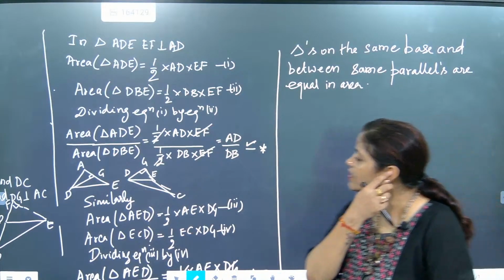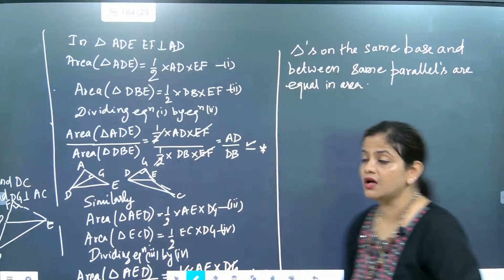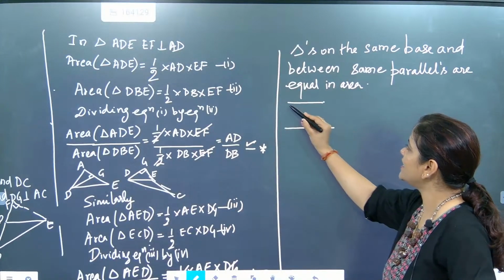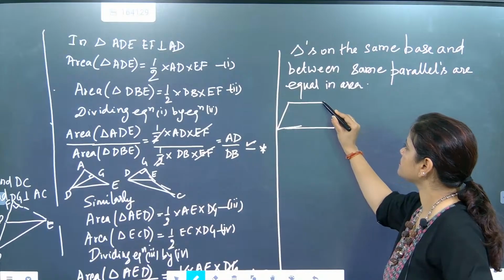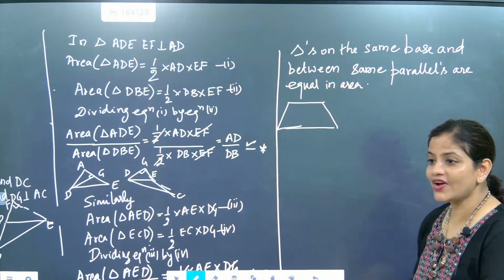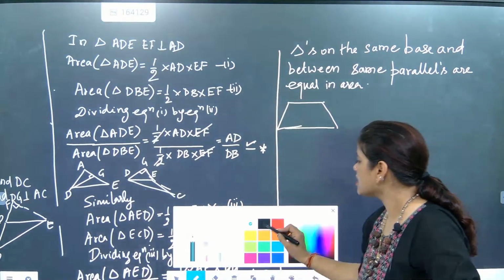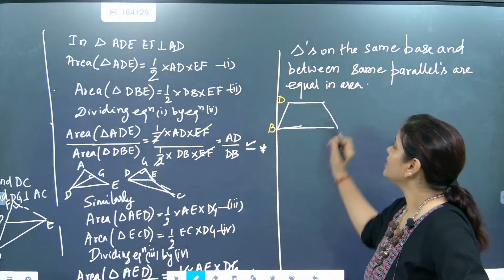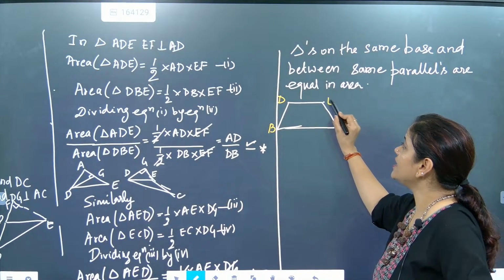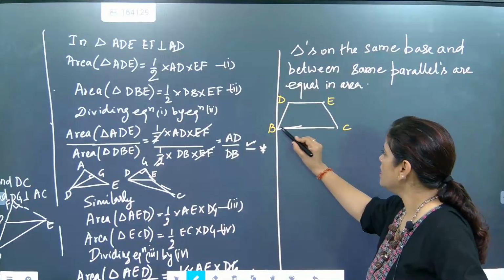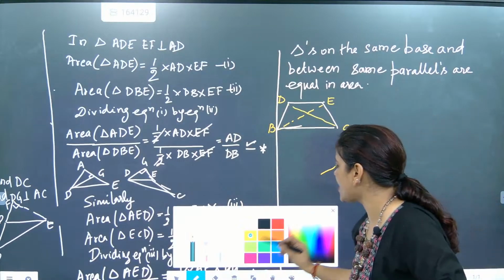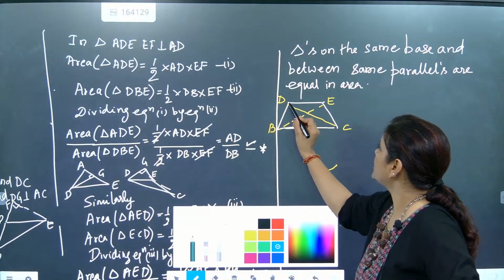So that means, beta, which two triangles are we going to check? We are going to check the triangle with this one as our base side. What are the two triangles, beta? If you remember, color it with a different color. This part is DB. This part is what, beta? EC. Now, which are the two triangles? Come on, say. The two triangles are this one